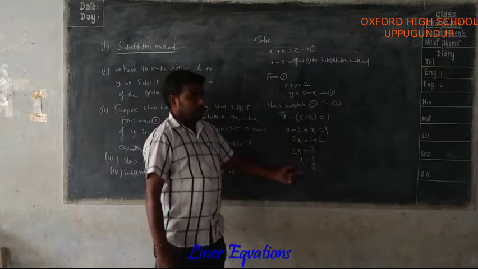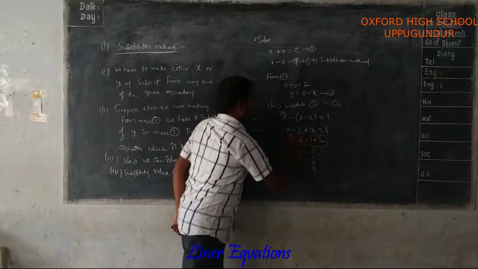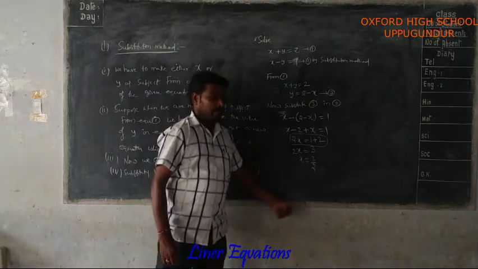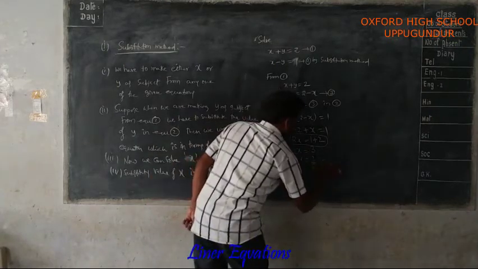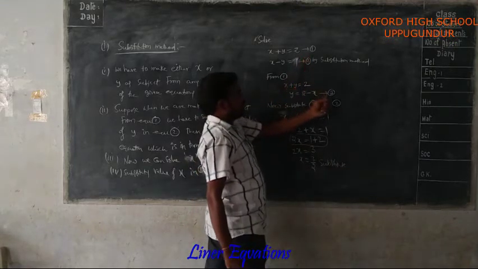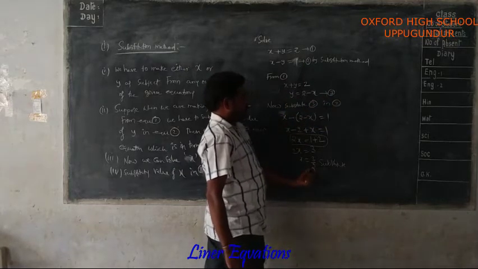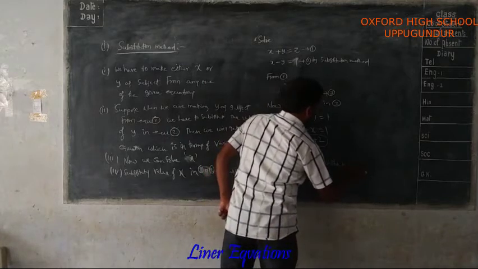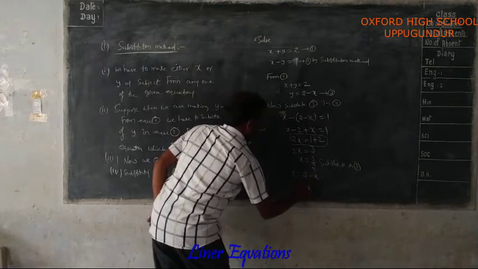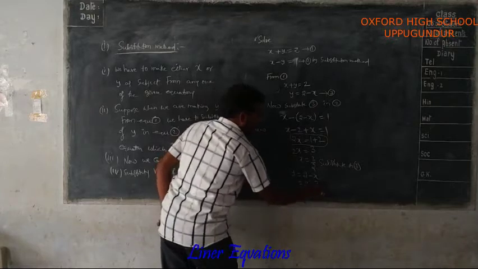After finding the x value, now this is the equation in terms of x. From this you have to find the x value. Now we have found x as 3 by 2. Now substitute the x value in either equation 1 or equation 2 or equation 3. Equation 3 is in terms of y. That's why, when substituting x equal to 3 by 2 in equation 3, y equal to 2 minus x. What is the x value? 3 by 2. So 2 minus 3 by 2.